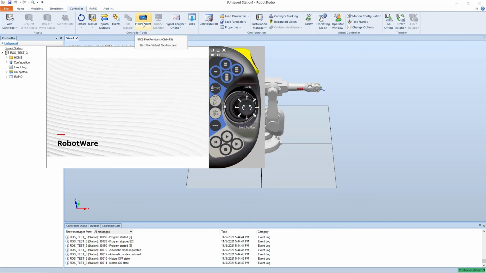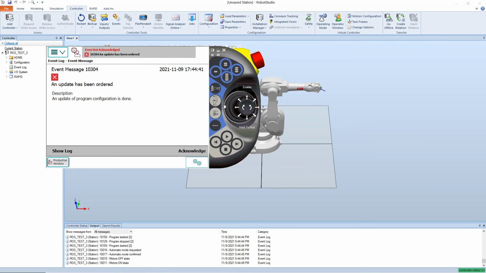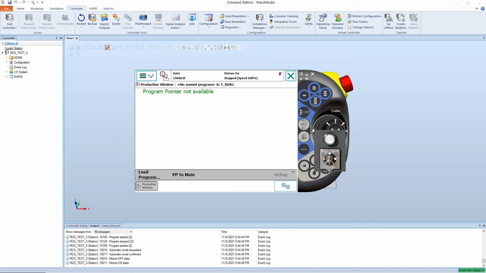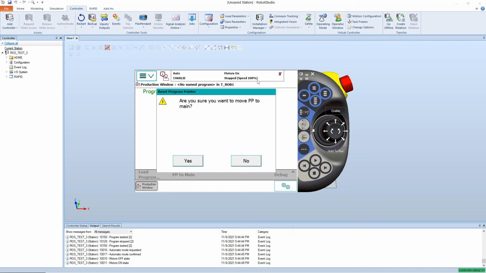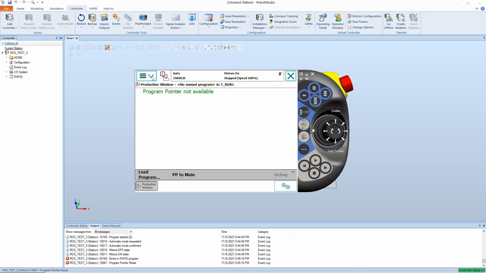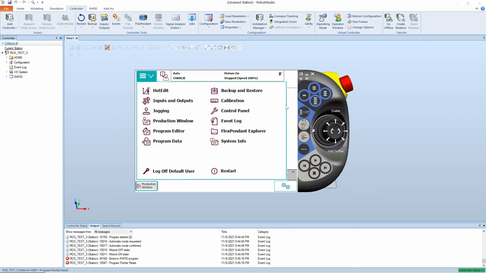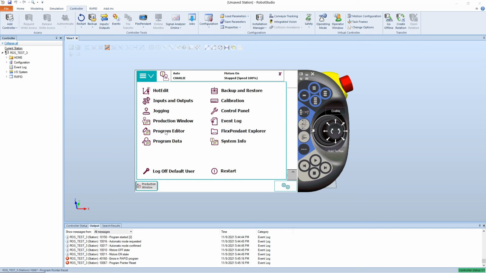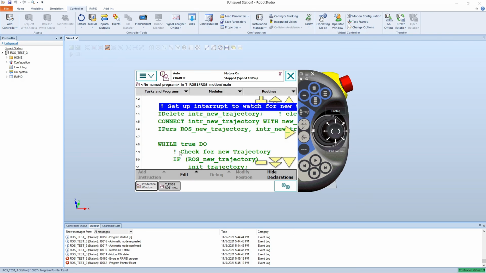and now when we restart, theoretically, acknowledge, this should be working. If we were to leave it in autonomous mode and push the enable motors button, but we get this error. To fix this error, you have to go to the program editor,